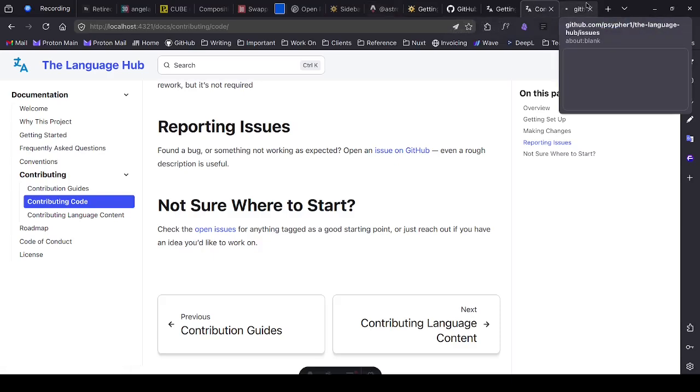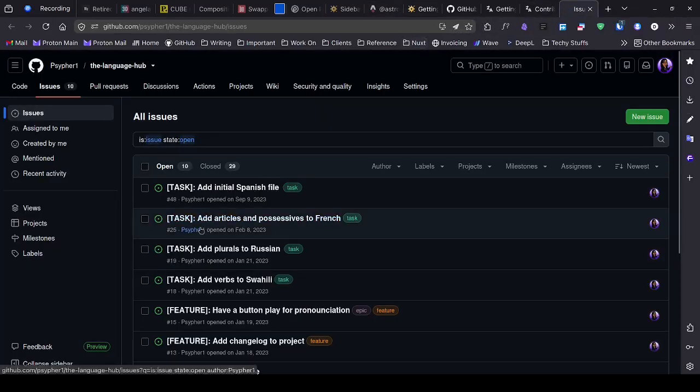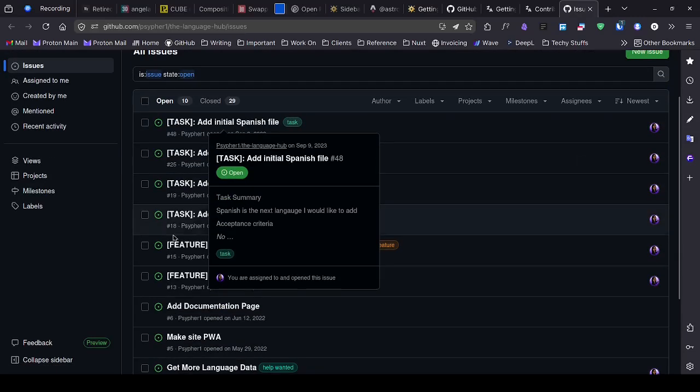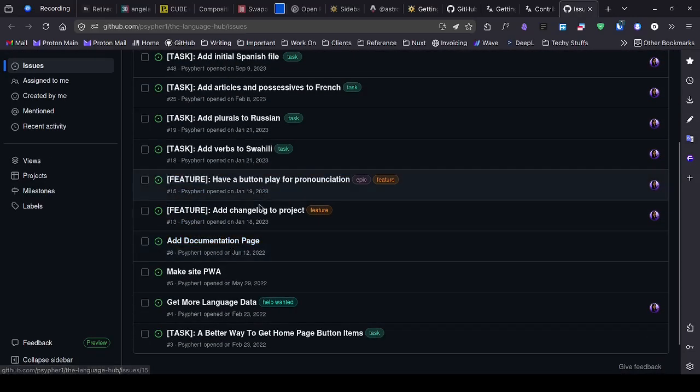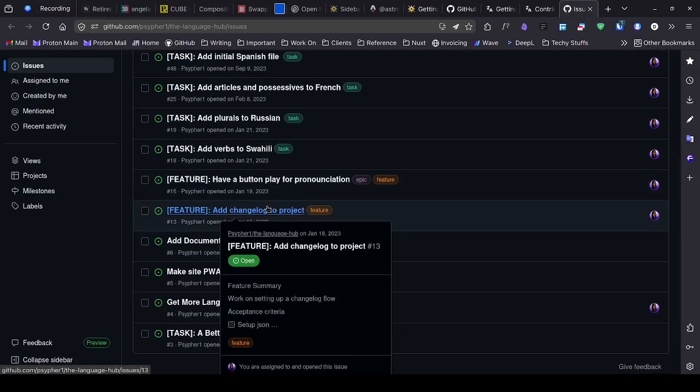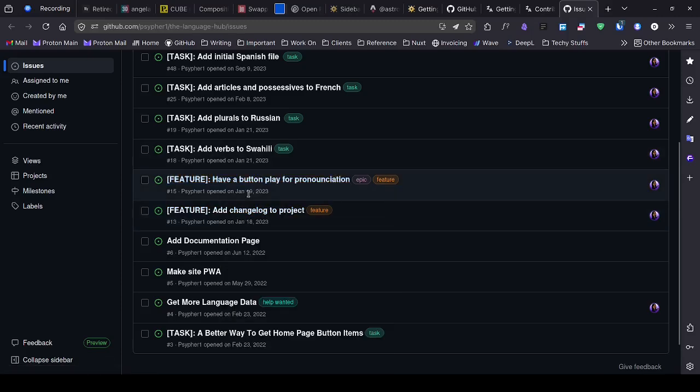We can actually open this. That takes you to the GitHub page with the open issues. I cleared some of these because they were done. This changelog, I tried doing this before, and it's very annoying with the way I write commit messages that every single change would bump a version. So I let go of it. So I think I'm going to pause this one specifically.